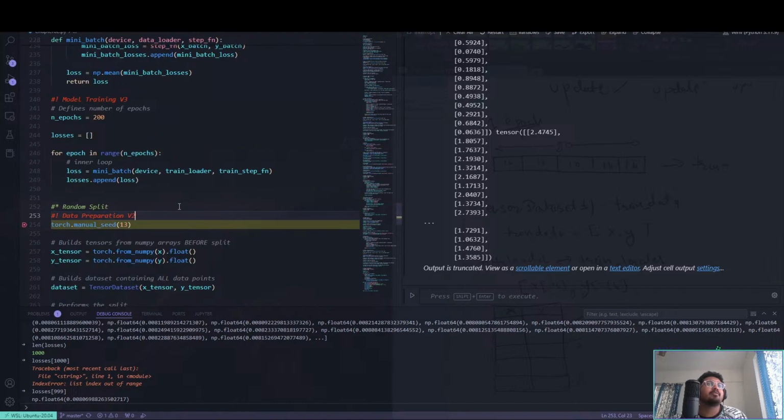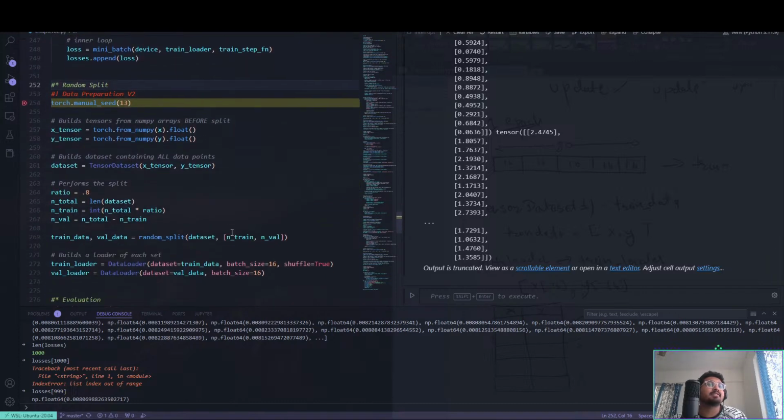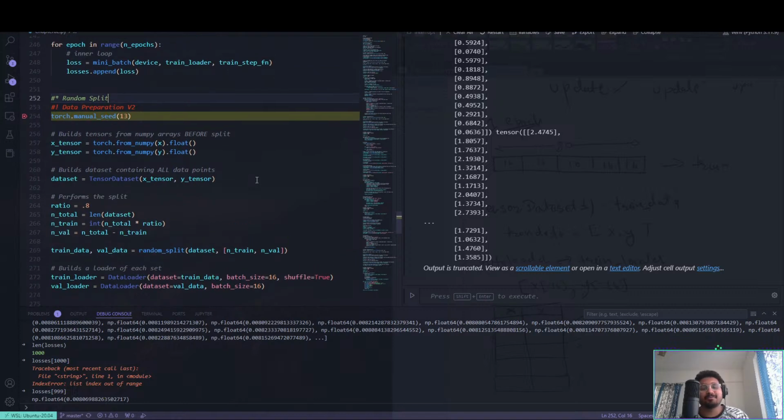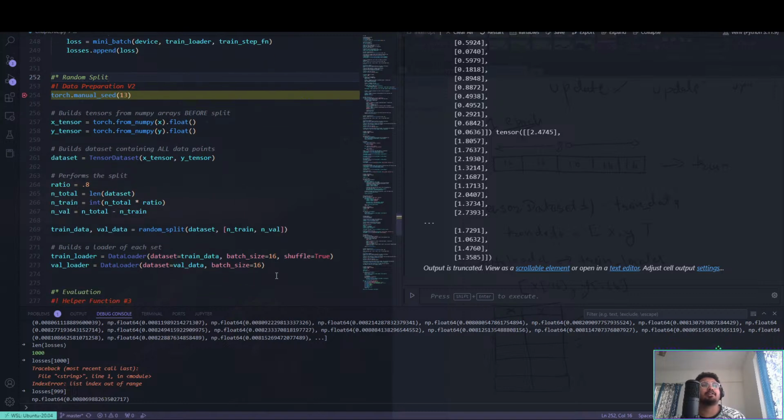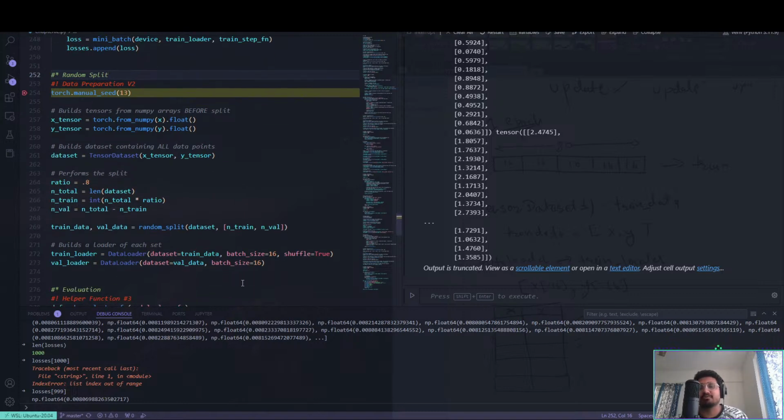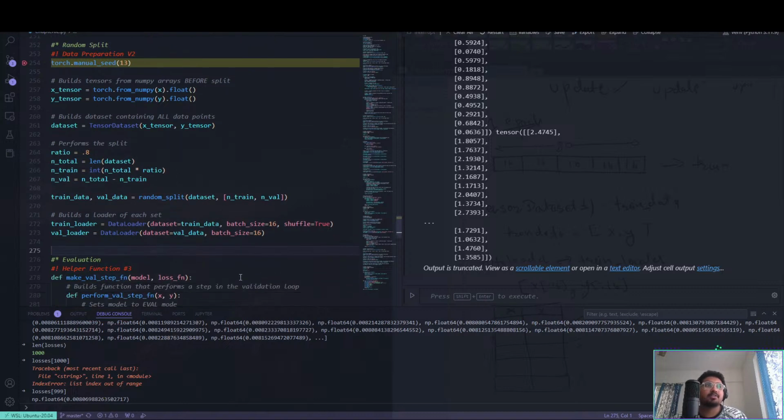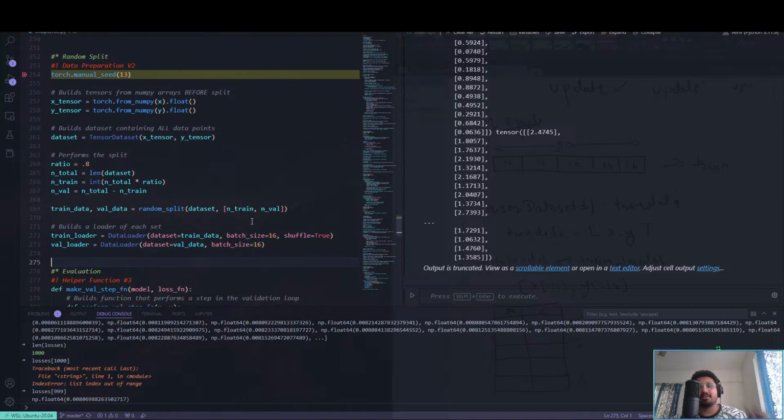Okay. Now let's do some random splits. Right now we had the training set we are using directly, right? What if we are doing more of it? So basically we have our train loader and our val loader also. We are not doing any validation as of such. So we will do this validation soon. So for that we are doing these splits. Any more information that I can give on this is like,